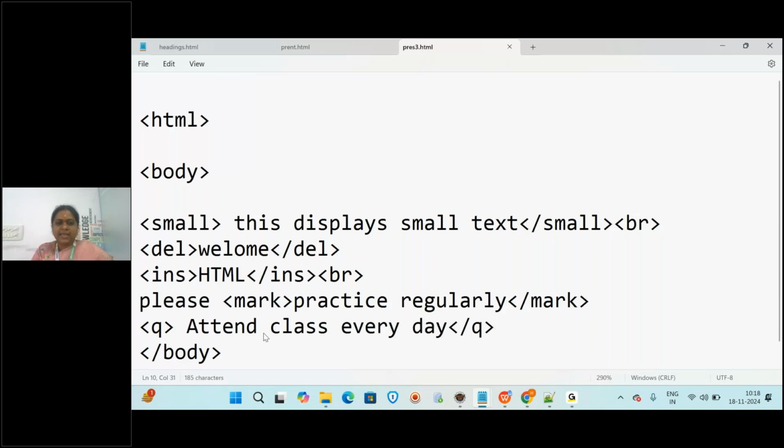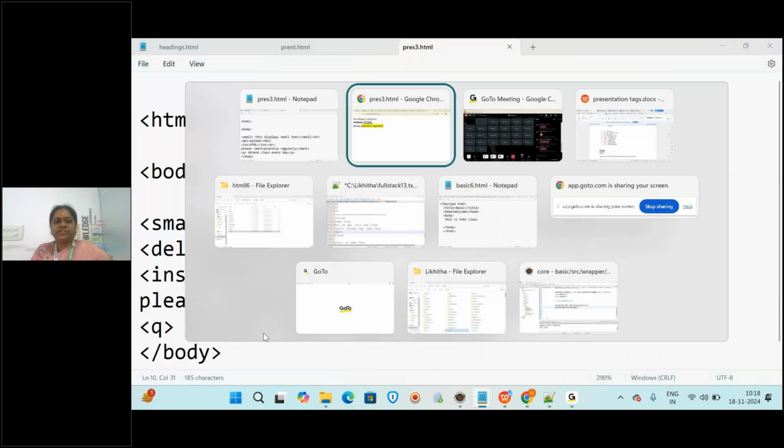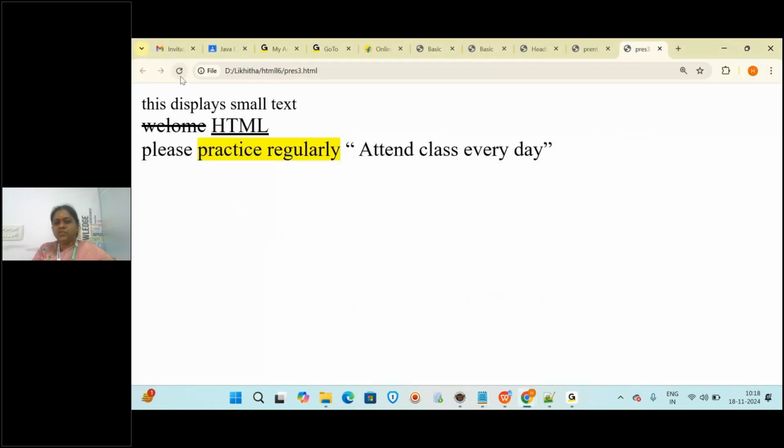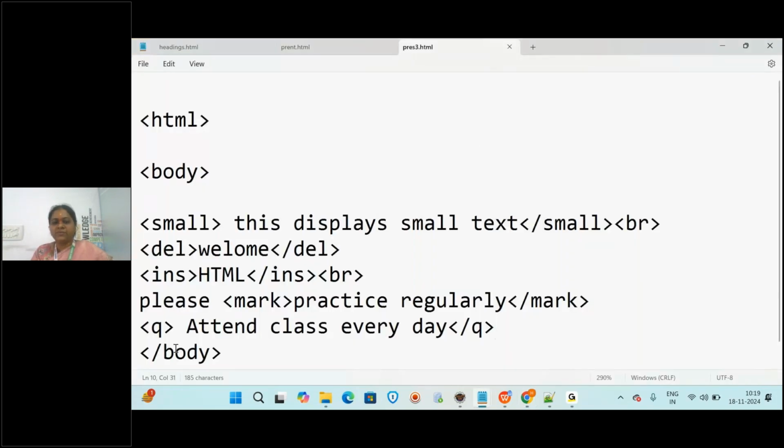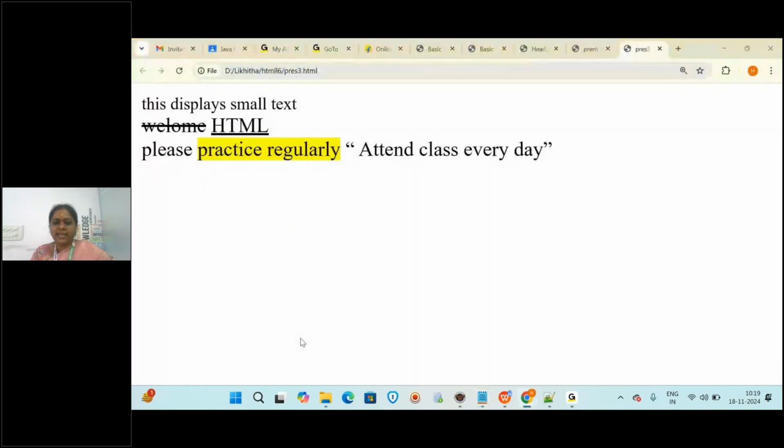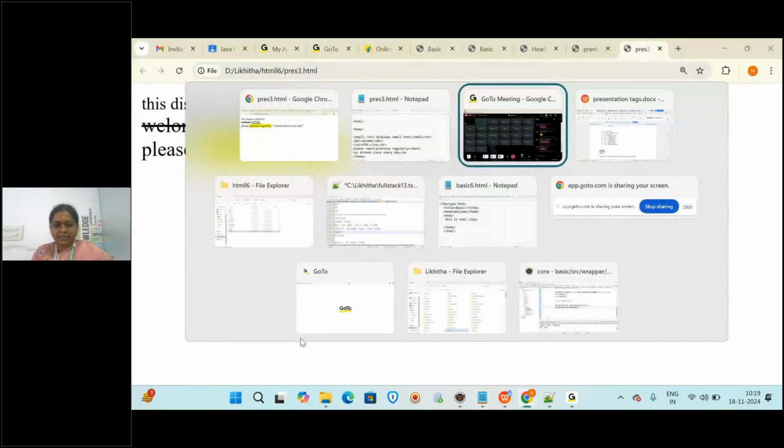Save this and then again refresh. So what we got? Q is for quoted text. Whenever you want some quotes in between, like we get double quotes, for that we have to use which tag? Q tag. The Q tag is for what? Quoted text.